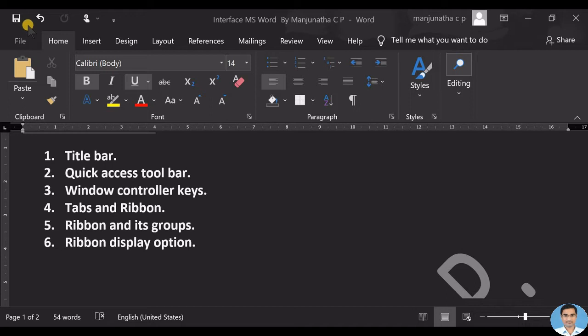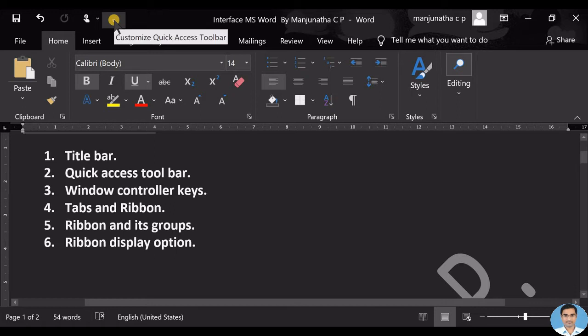And the second one is quick access toolbar. This section is called as the quick access toolbar. Here you can see several commands in the quick access toolbar like save button, undo button, redo button, and so on. Here we can see some 4 commands in the quick access toolbar. We can also add commands to the quick access toolbar, and we can also remove the commands from this quick access toolbar. To do this, click in this part, that is customize your quick access toolbar.